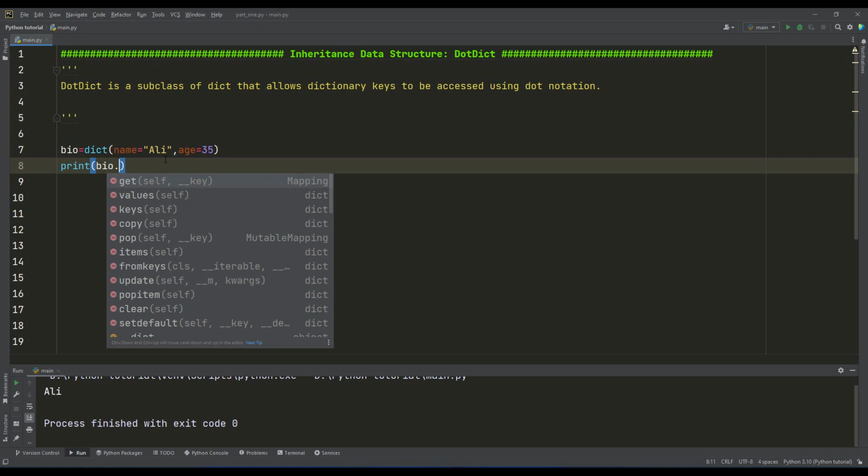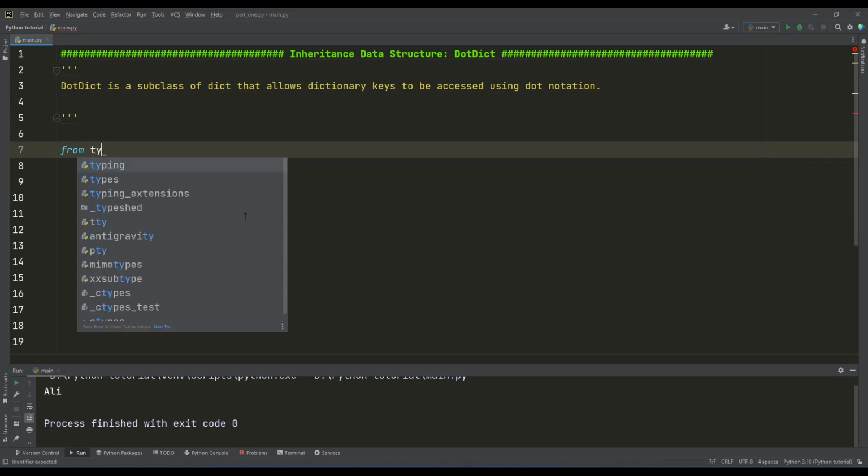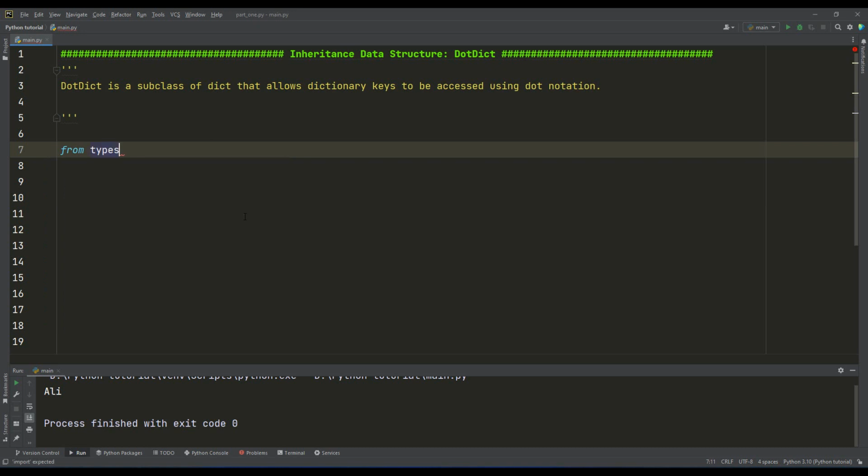In Python, there is an alternative way to access the value of the key by using the dot. There are two approaches to do that. The first one is by importing from types. Types is a Python module that allows us to check or add different data structure types to different objects. For example, I will import SimpleNamespace, and this simple namespace allows me to create